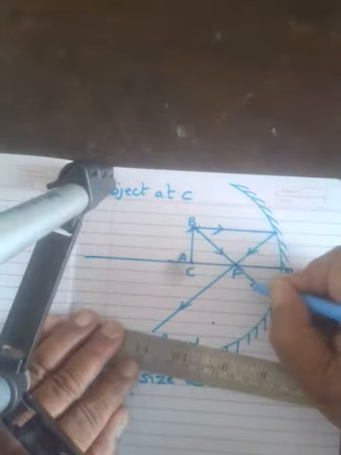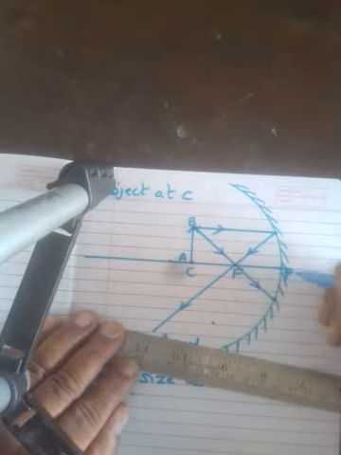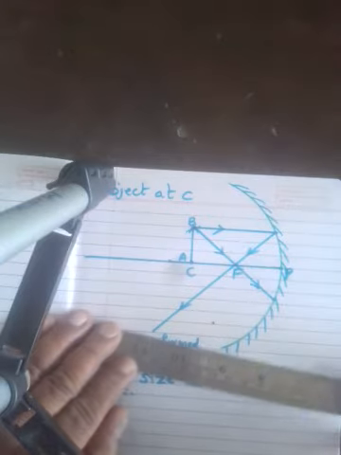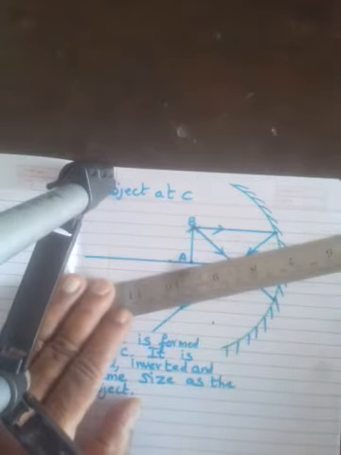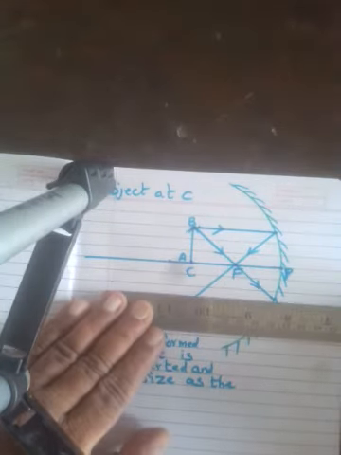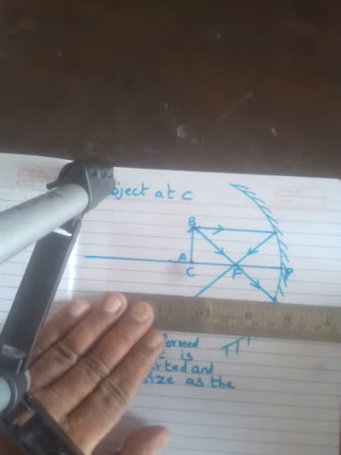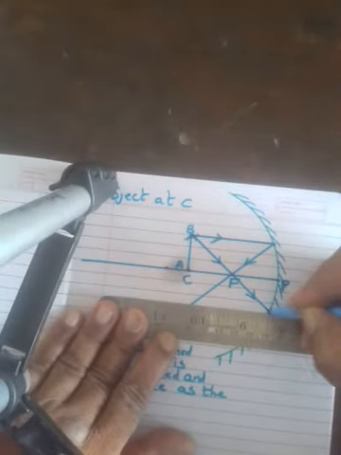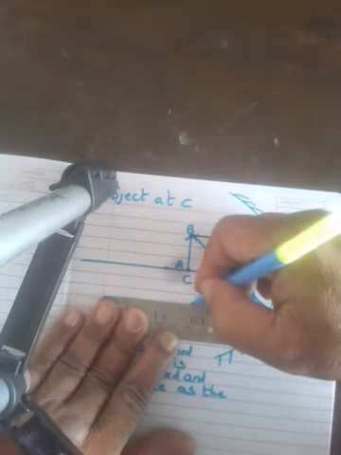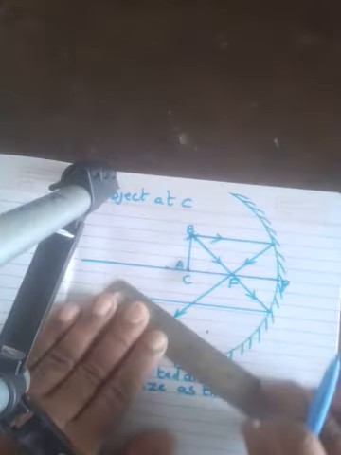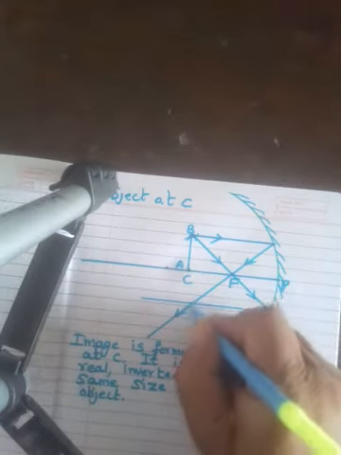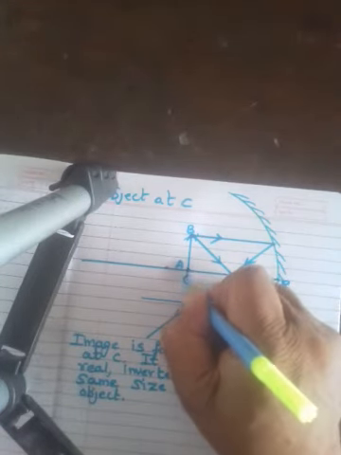So another ray of light we have drawn through B, passing through F, and the ray of light passing through F will get reflected parallel to the principal axis. It will get reflected parallel to the principal axis. And we have seen that actually what you should get is you should get the image